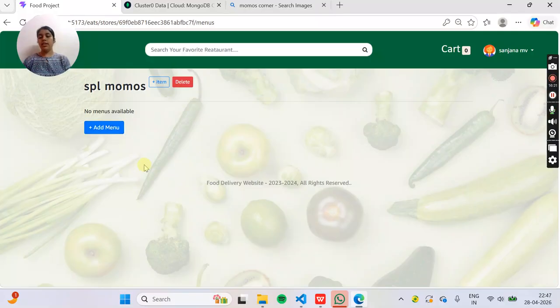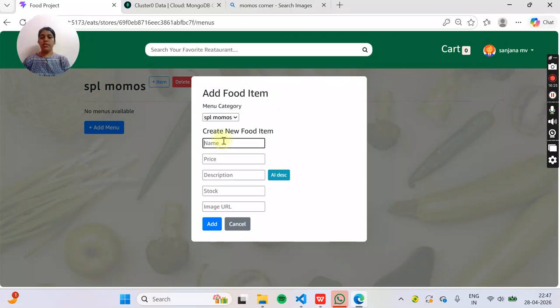So these are the menus here. If you want to add an item, you can give it here. So now in the new restaurant, I am giving the name here. I am going to add a new item to it. So now I am going to add a special momo. In this restaurant, tandoori momos is a special here. So if I give it as 170,